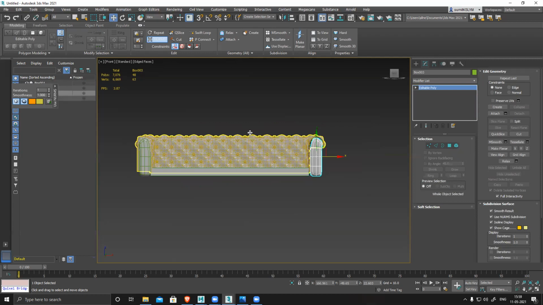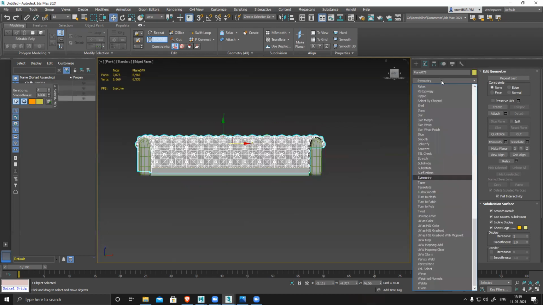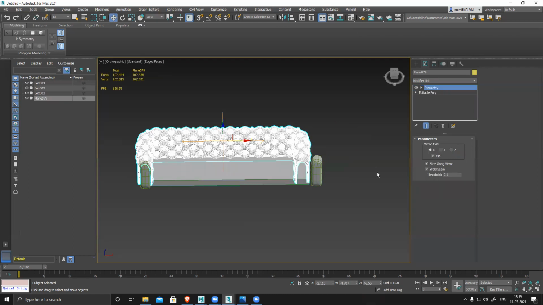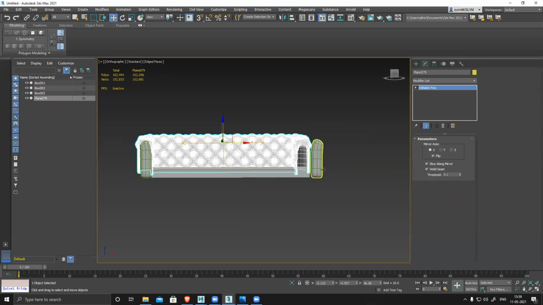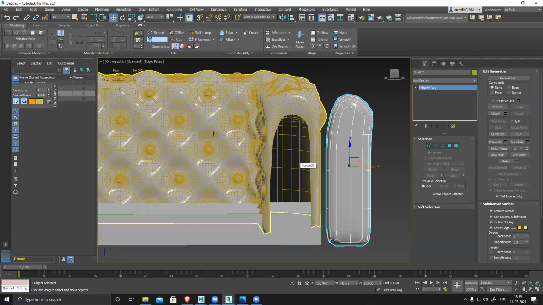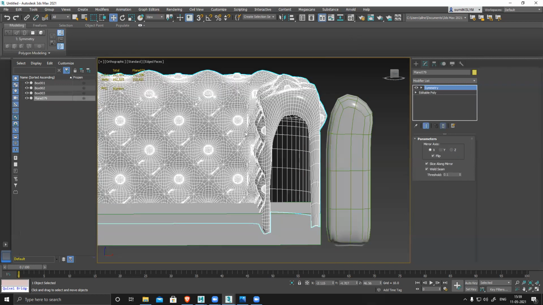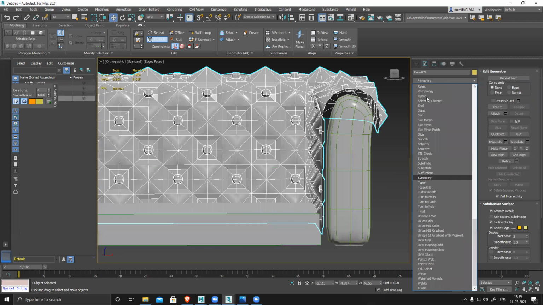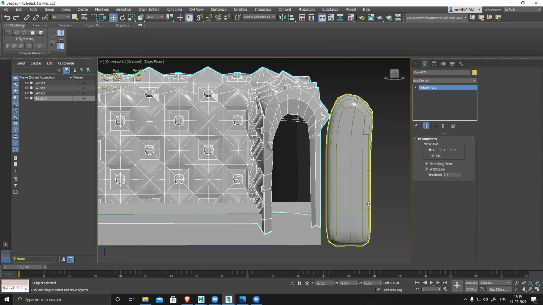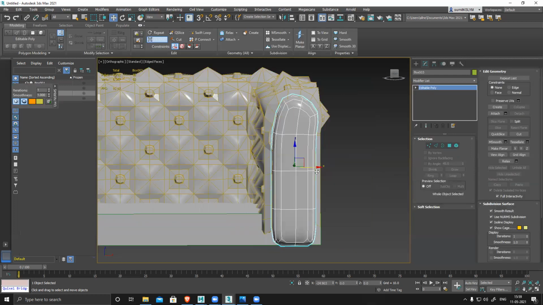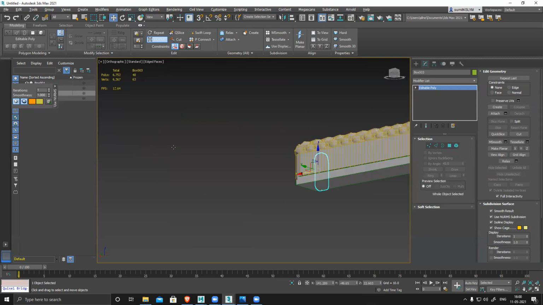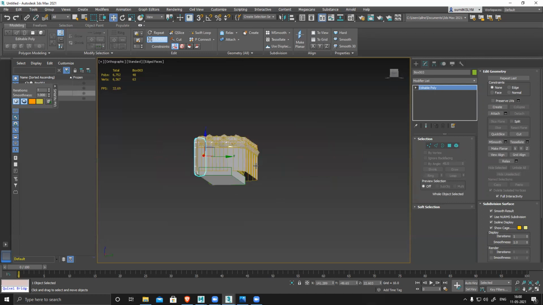and this part I need to apply a symmetry here. Symmetry. Oh, symmetry, if I apply, there's a problem. My nerves smoothing is on. If I symmetry with that, it will automatically apply a turbo smooth on this. So I have to make sure switch it off. Symmetry, flip, place it. So I got the basic structure, everything is here.